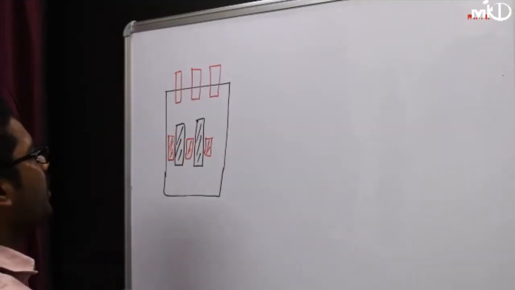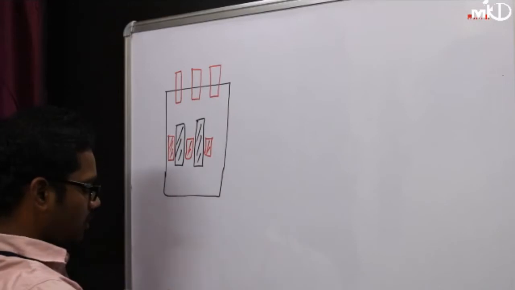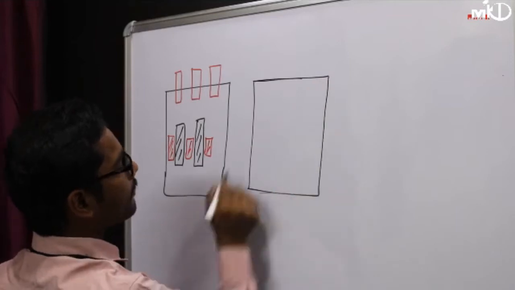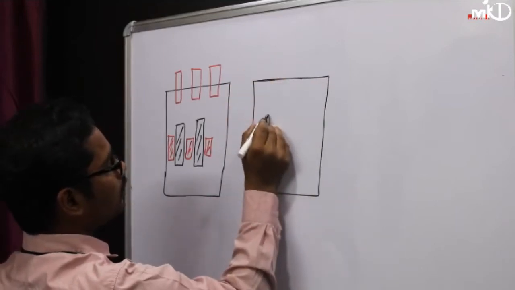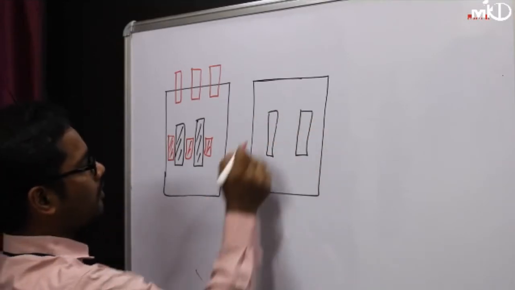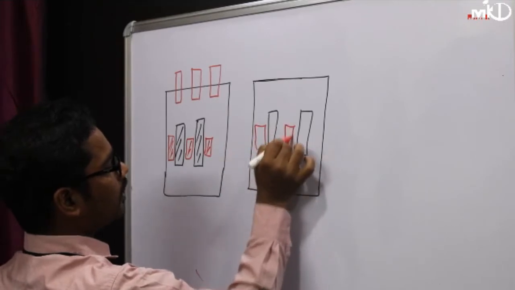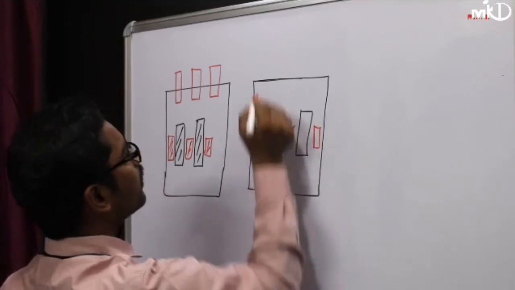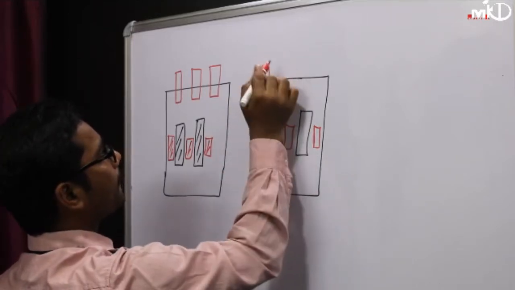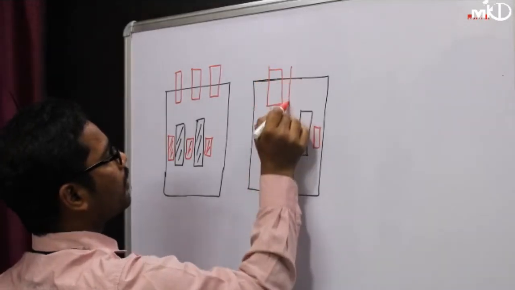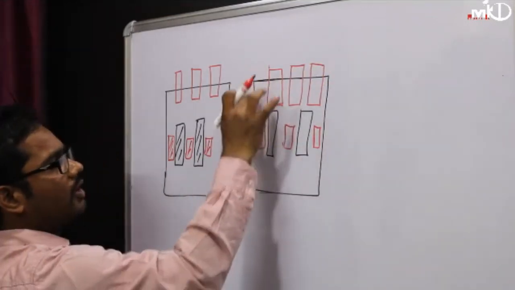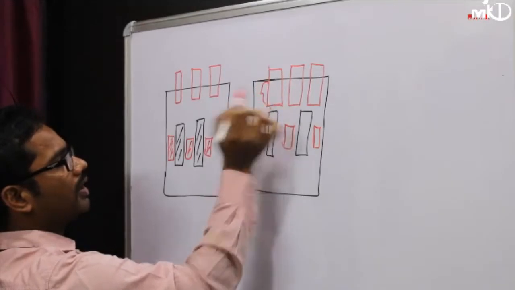In the first step, what happened? You are pushing the rod. That means the rod will be present like here. Your graphite, and again graphite. This is your uranium, and again uranium is present. So you have pushed the rod. So the area of contact will be more here, whatever the area.